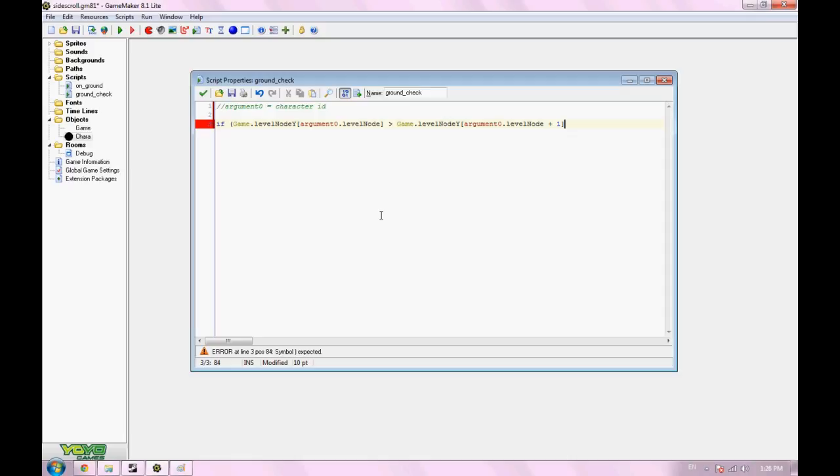So if the node that the character is on is higher up than the next node,